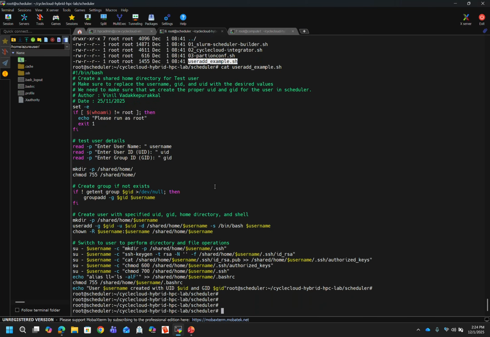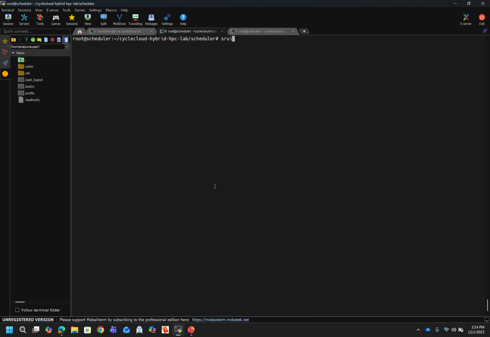I'll keep this for now. I'll test a job using srun -p on-prem hostname. So the job ran, and it returned the hostname of the compute node. So Slurm is working. So we finished setting up the on-premises